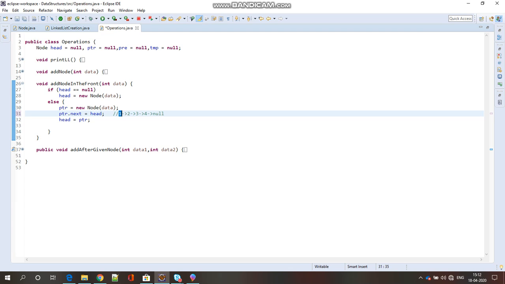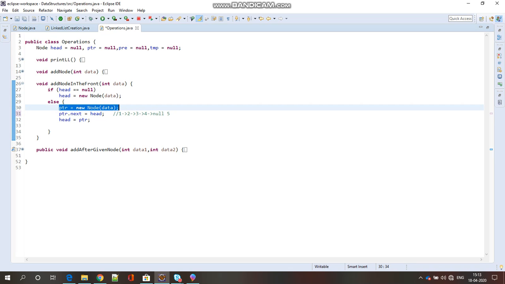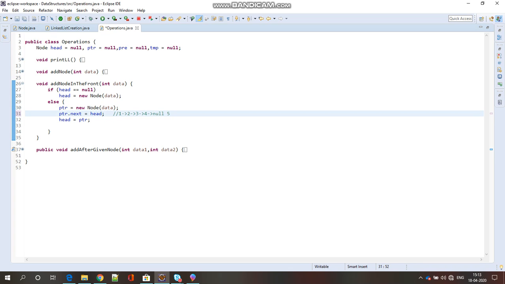If we want to insert 5 at the first position, we create 5, which is the meaning of this line, and PTR points to this 5. PTR dot next should point to head, then only it will become the first.